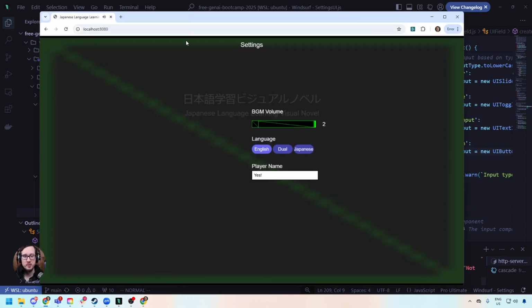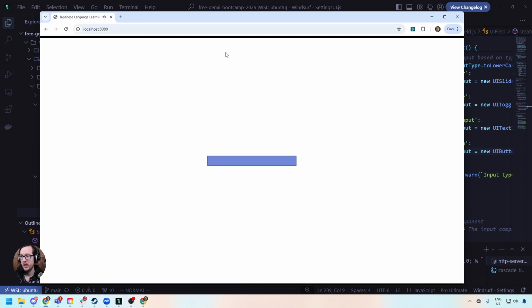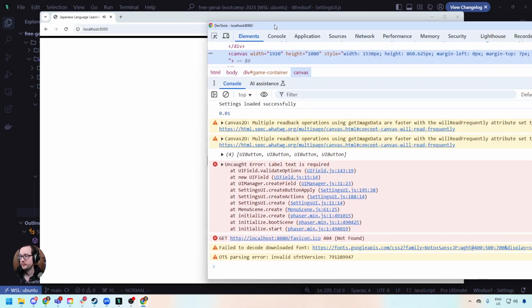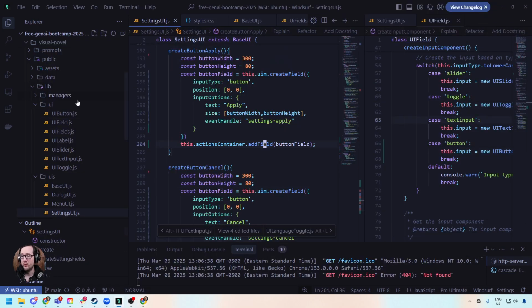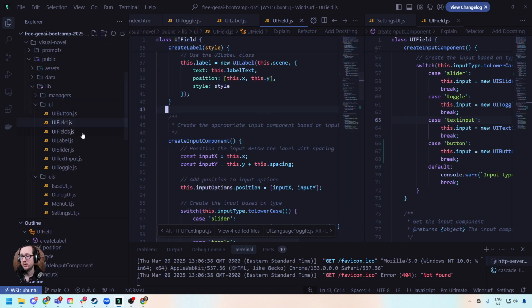So I'm going to go ahead and give this a nice refresh here. And we got an error. That's okay. Label is required, right? So this is what I thought might run into an issue here. So I would say for our label here,